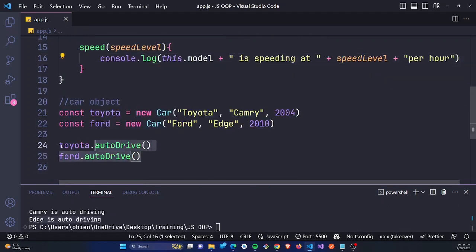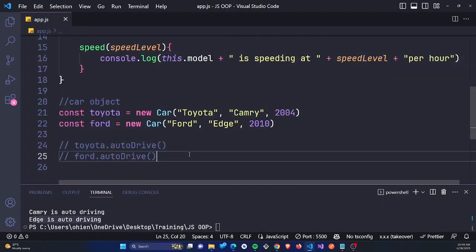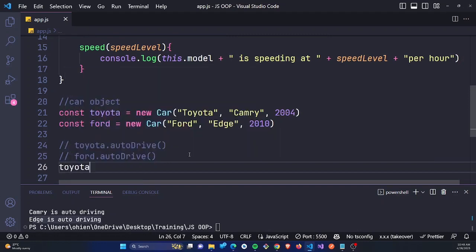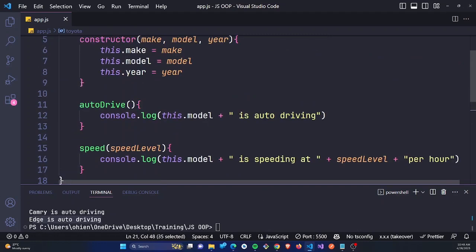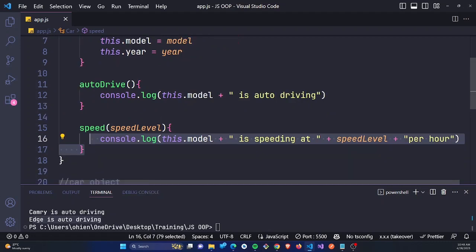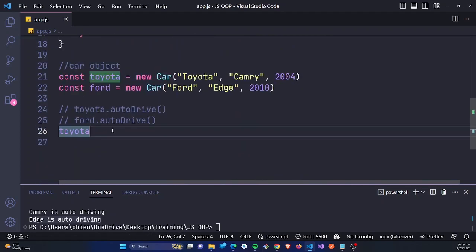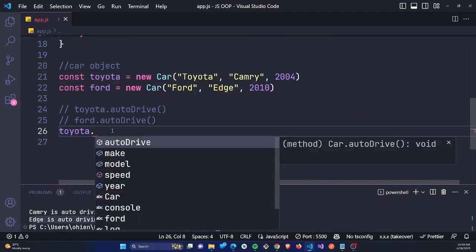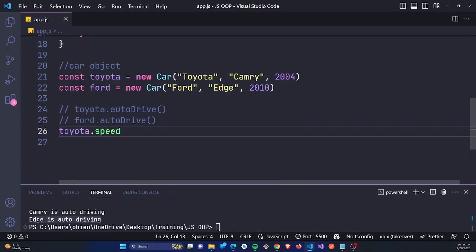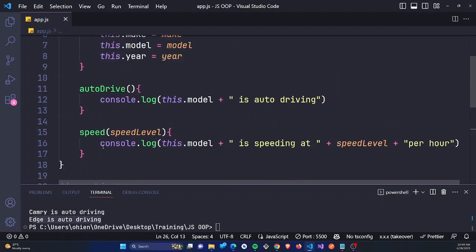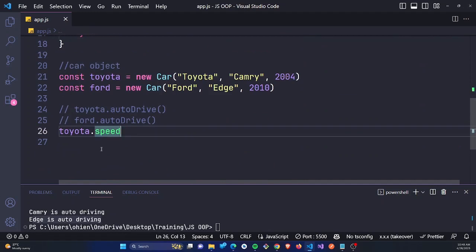Now watch this. Let me comment out this part. I can say Toyota. You know, Toyota is an object we created from our car class. So I can say Toyota.speed. According to the speed method, we are supposed to pass in a speed level to it. So let's say we want to speed at 80 miles per hour. So we'll pass 80 to it. If we go ahead and run this now,